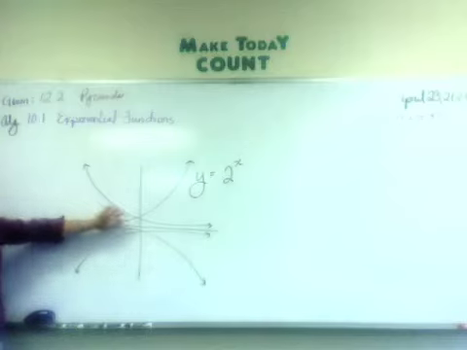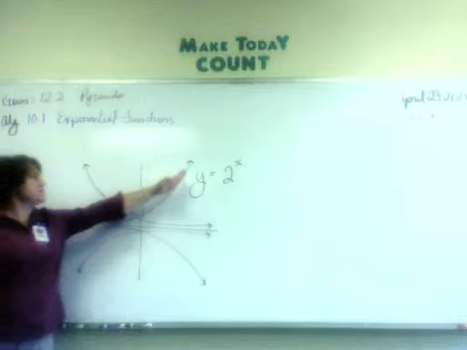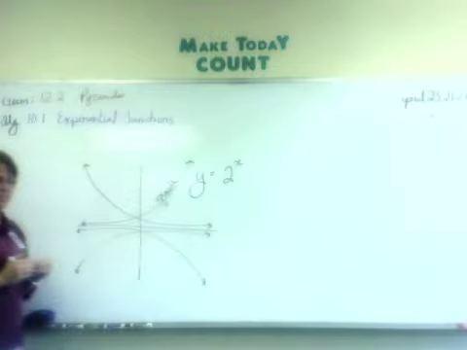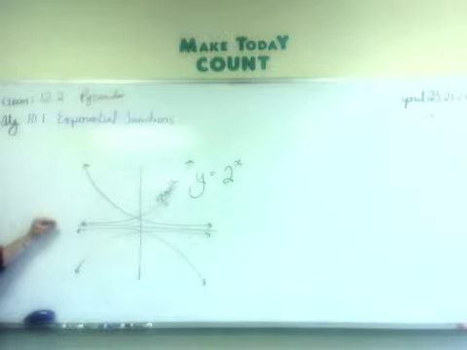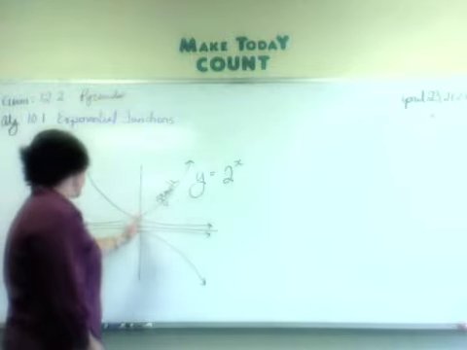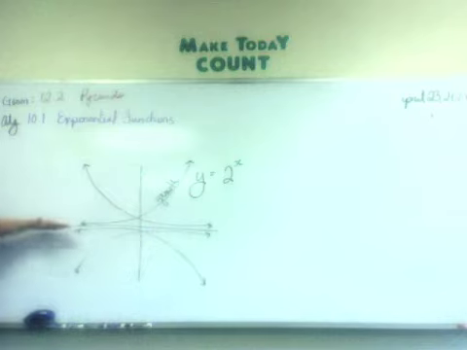This is an example of a function with exponential growth. As it starts on the left-hand side, it starts really, really close to 0. It never hits 0. Wait, don't you mean they don't cross the x-axis? Yes, it doesn't cross the x-axis. I'm sorry. As your function approaches negative infinity, your y values just keep getting smaller and smaller and smaller